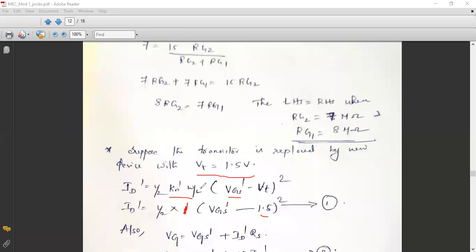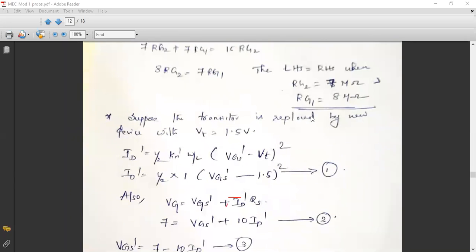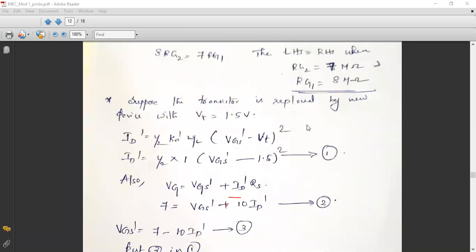Now, please ensure that you are not converting this to ampere. Why? Because your equation will get complicated. So don't convert this. You can expect your resultant current in milliampere itself. Since Kn dash W by L, you have retained it as 1, 1 means 1 milliampere per volt square. Since you have not converted, your answer for ID dash will be in milliampere itself. I hope it is clear for you. Otherwise, the question will get complicated and it will be difficult to solve. So please keep your Kn dash W by L as such. Remember that it is in milliampere itself so that you can take your output current ID dash in milliampere itself.